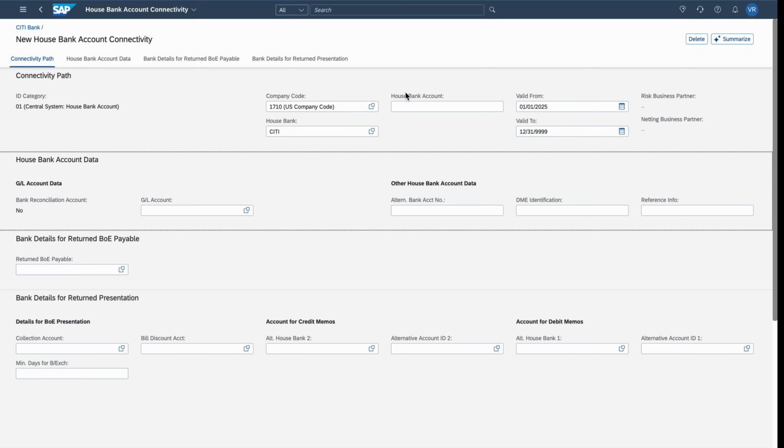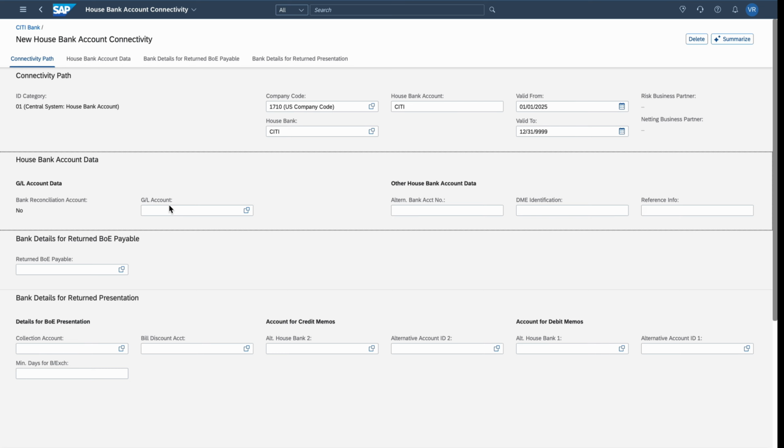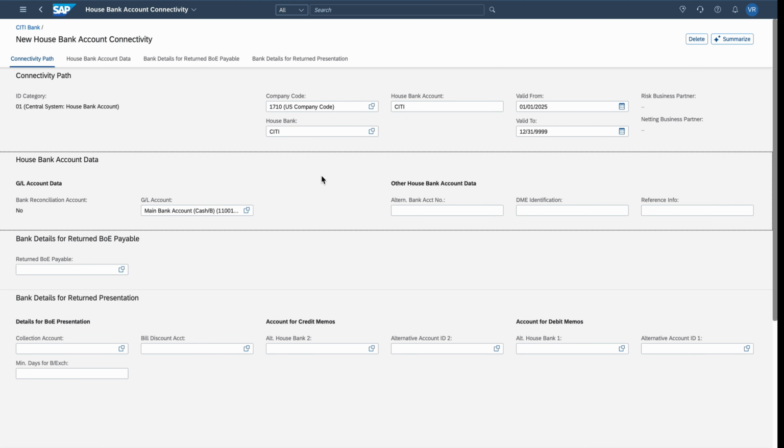Right now we need to give the identity for the house bank account. Okay, so you can give city and the GL account. This is the GL account number that we are going to use, and press enter. So now it's fine. Click on apply,